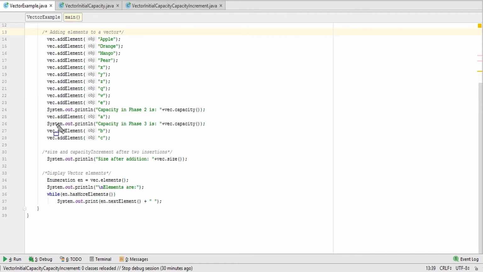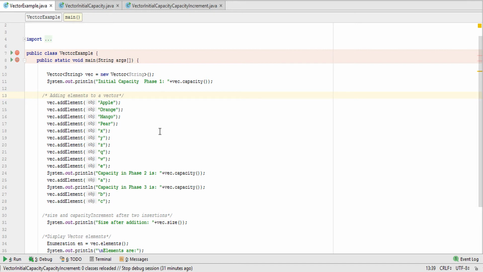After that, this line, vec.size, will fetch the size of the vector, that is, what the size is after inserting the elements, like 8, 9, 10, 11 and so on. And after that, this is how we display the vector elements in the output console. So let me show you what I have taught you in the theoretical way.